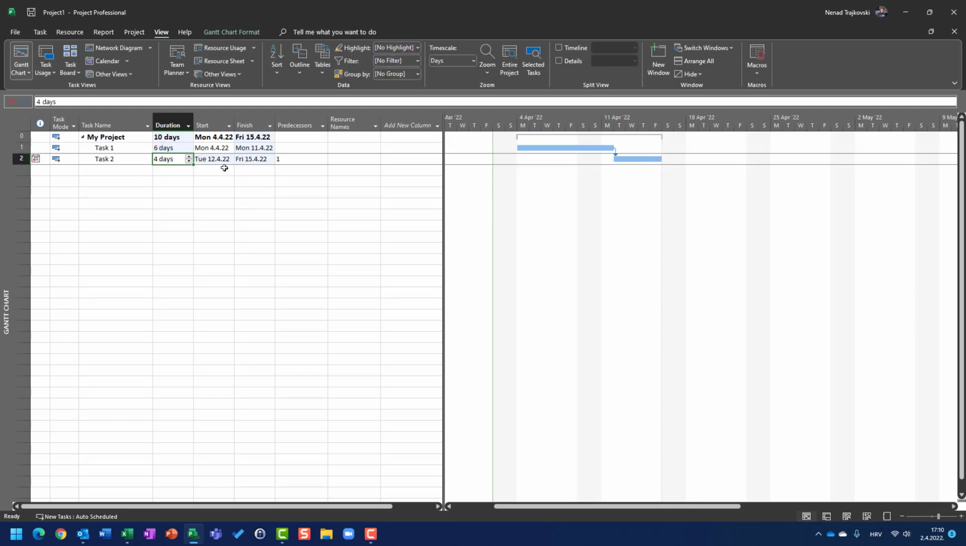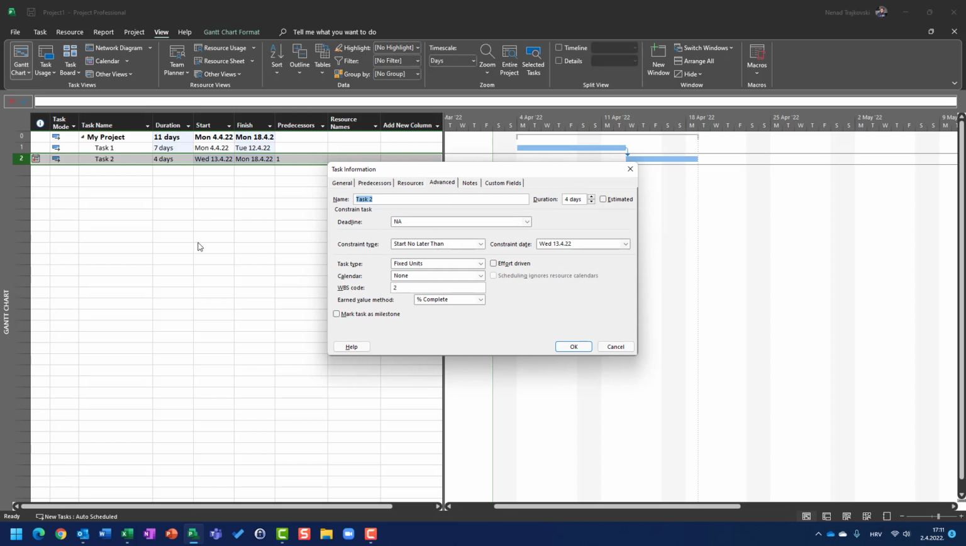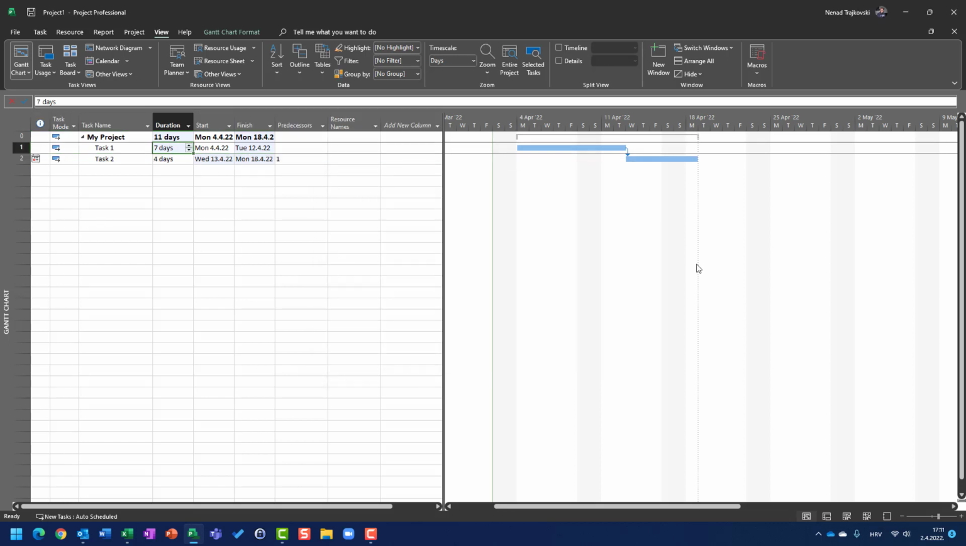6 days. Since task 1 has 6 days duration, it is supposed to start on Monday and finish next Monday, and my task 2 will start on Tuesday. 7 days. Still good enough, because the task will be started exactly on the last day it is supposed to start, the 13th of April. Now I will put 8 days. When I hit enter, obviously, my task 1 will be finished on Wednesday, the 13th of April, and task 2 is supposed to start on Thursday, the 14th of April,